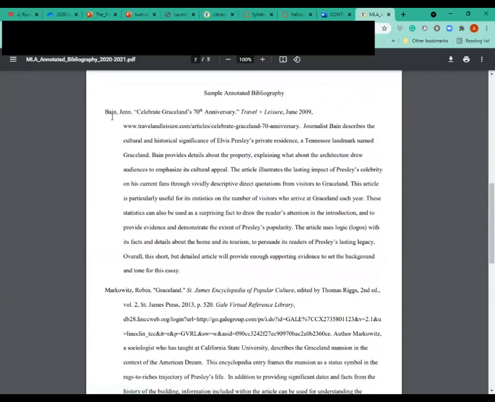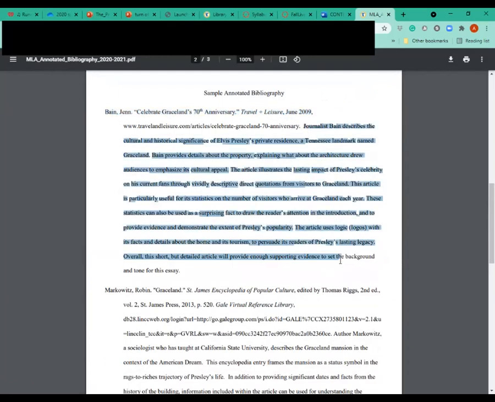It shows you how you list the source by the last name of the author, first name, the title of the article if it's an article, the title of the book if it's a book. In this case, it looks to be a website. But here is the annotation. Okay, this part is the annotation. So this is the only thing that you'd be adding that's different than just a regular old works cited page.